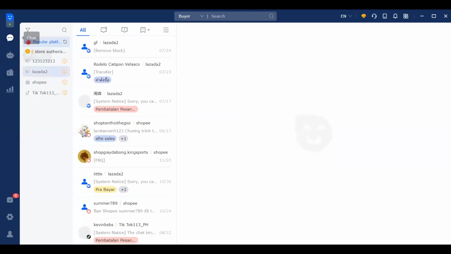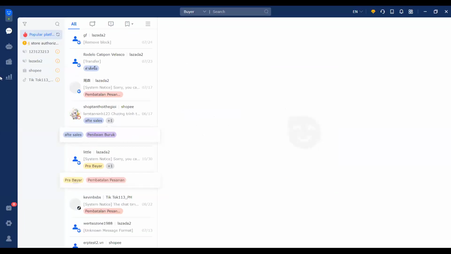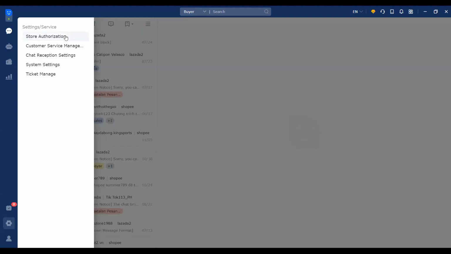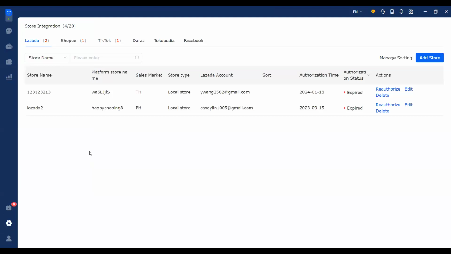If we have already logged in, we can see this page. This is the chat page of Duoke. If we are new to Duoke, the first thing we need to do is the store authorization. Here, under settings, service, and store authorization,